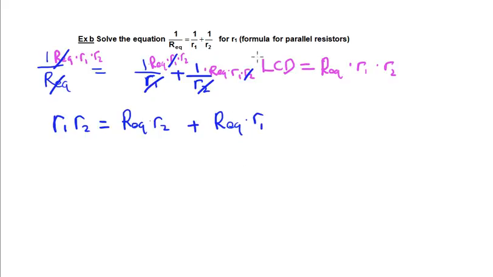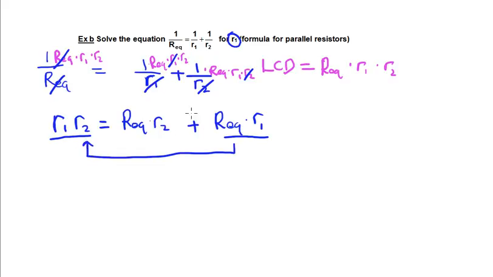So then the next step is to solve for this variable by looking at which terms contain the variable. So I've got R1 in the first term and in the last term on the right hand side. And I want to get all of my terms with R1 on the same side and everything else on the opposite side. And so the easiest way would be to subtract off this term here,